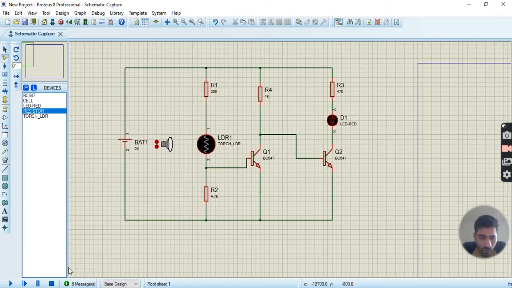Now I am checking if it's working or not. Yeah, the LED is now working. If you shine light intensity on the LDR, the value of the resistor goes down. From here you can see that the LED is turned off, and now it's on, now it's turned off, because